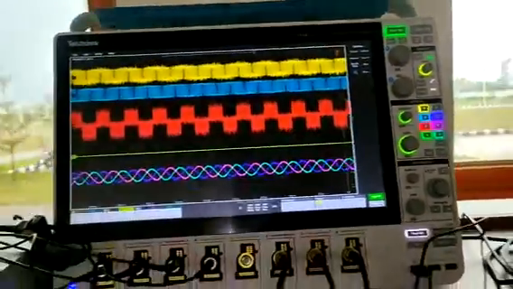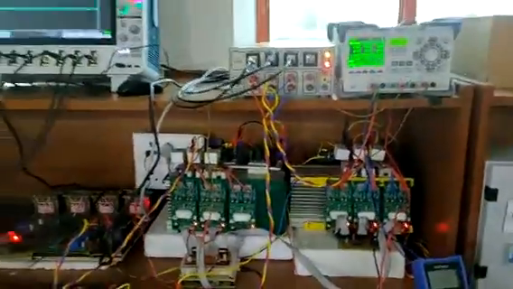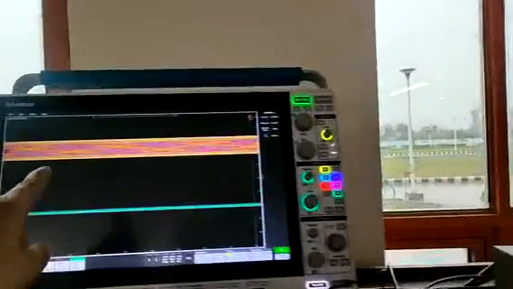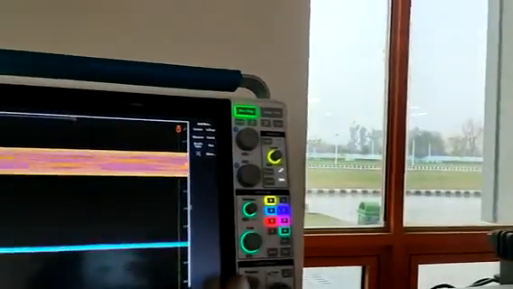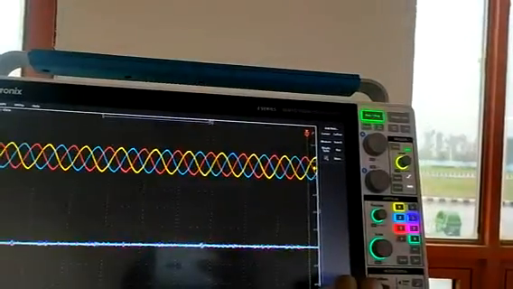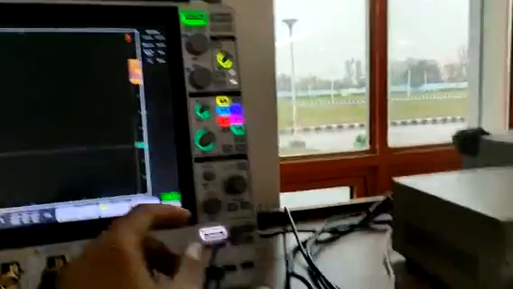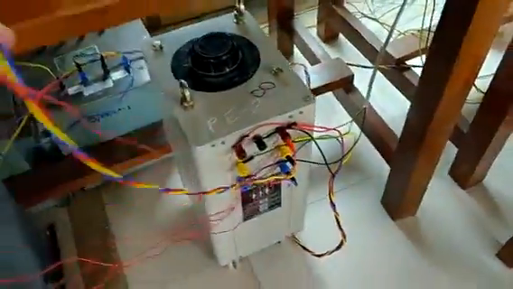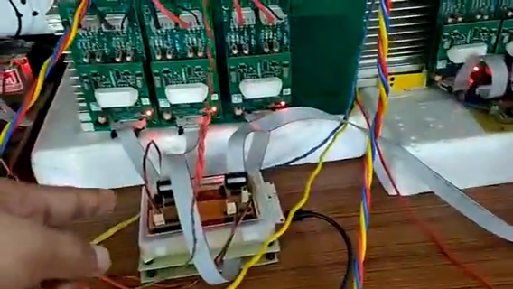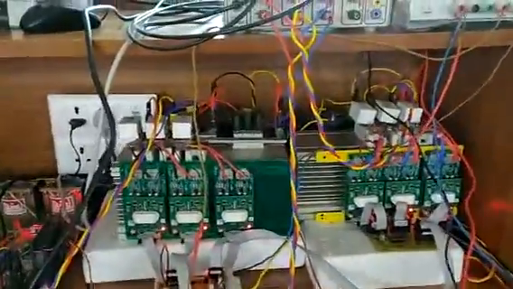As the common DC bus I have shorted, the midpoint of the capacitors is at the same potential. Now in order to test the complete closed loop, as you can see on the screen, these are the grid voltages. The R phase, Y phase and B phase grid voltages are there, which I am taking as a reference for the PLL. This is the reference which I am giving to the voltage sensors and the current sensors. The output of the voltage and current sensors goes to the DSP board, through which I am controlling these two inverters, as I have already explained.